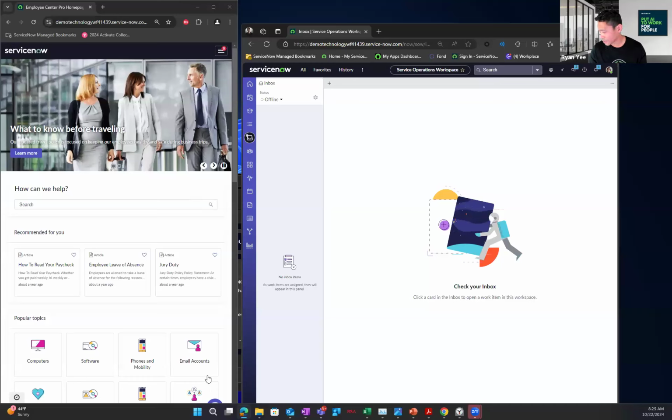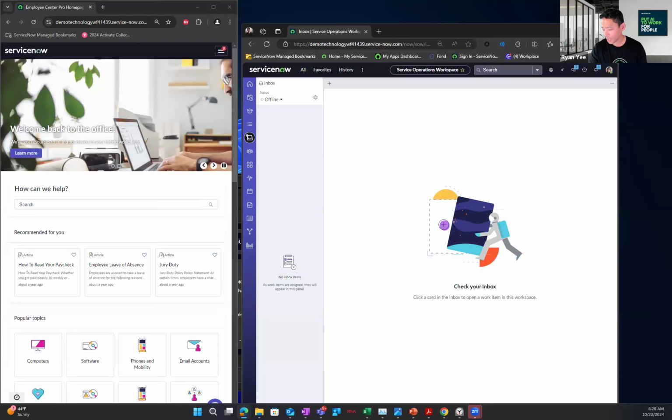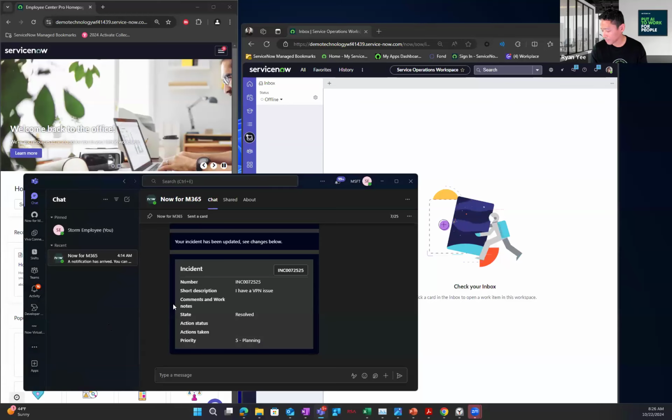A bit of a caveat that I'd like to share with folks. As I mentioned, this is a demo instance that we have of Teams, which has some limitations based off of the fact that it's a temp instance. So one of the other things I wanted to call out in case folks are not aware of,